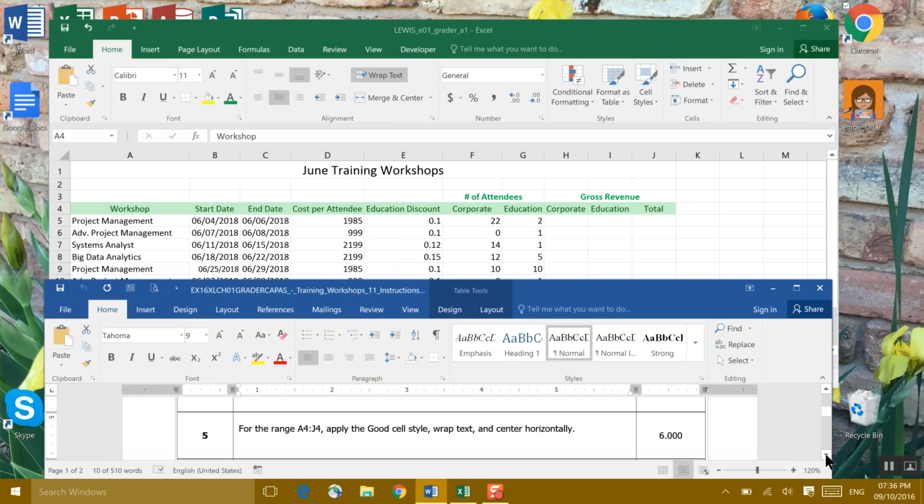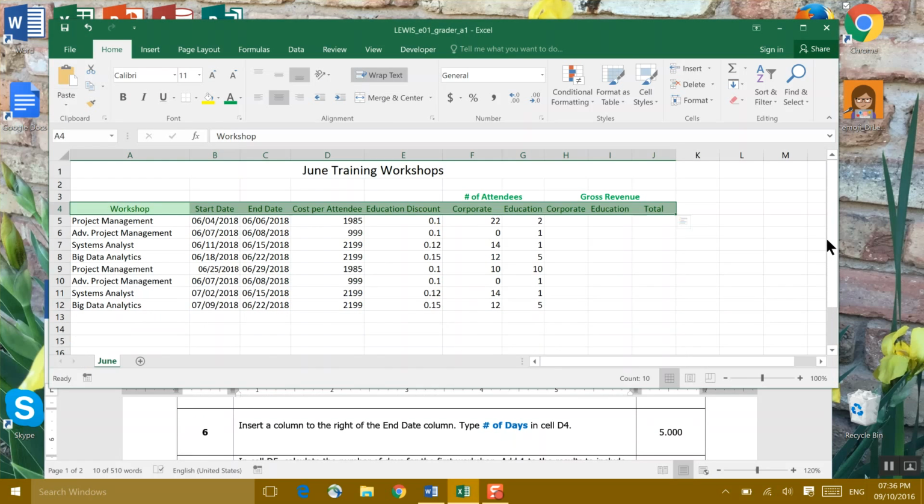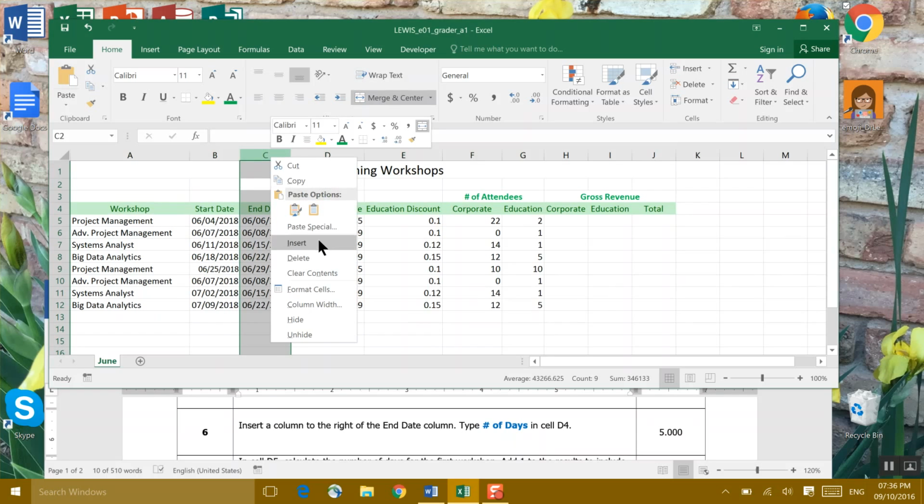Let's see what step 6 says. In step 6, insert a column to the right of the end date column. Okay, so here's our end date. So we want to click on column C. Then I right click, insert,